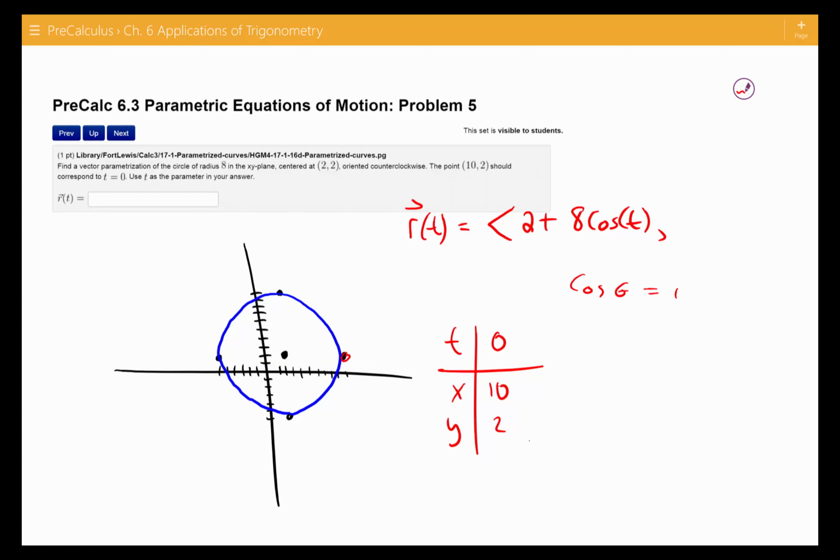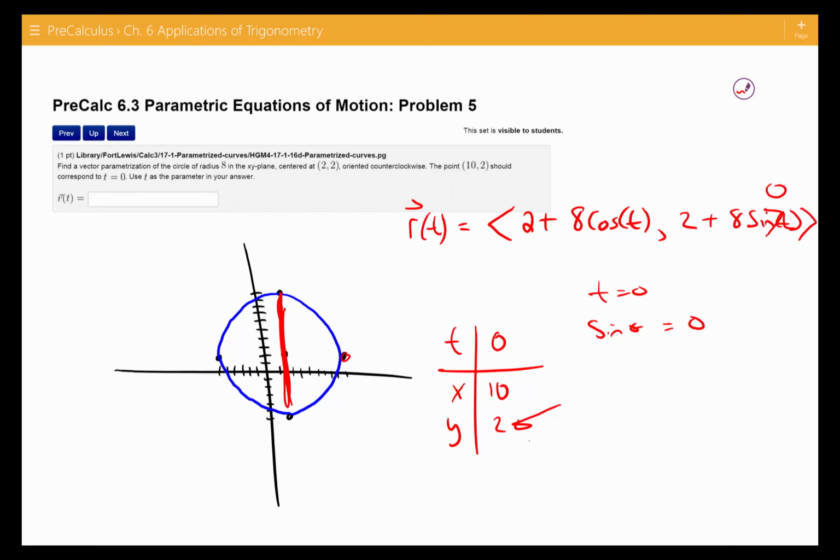Now while that's happening, we need the y-coordinate to start off at 2 as well, and then be 8 sine of t. And the reason it's 8 sine of t is because of the same thing. We need it to start off at 2 here, so we need this to start off at 0. And when you plug in t equals 0, the sine of 0 is 0 on the unit circle. So that thing starts off at 2 and then fluctuates back and forth between what would be positive 10